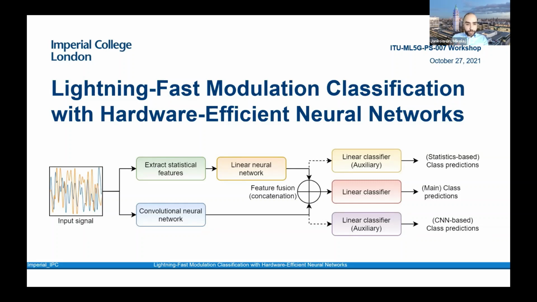Outputs from both branches are then concatenated into a single vector and processed by a fully connected classifier head to produce the final predictions. In order to optimize gradient flow within each of the branches, we introduce two auxiliary classifiers, each of which considers only the output from one of the branches. The auxiliary classifiers are only used during the training phase and are removed during the evaluation. This network structure allows us to improve upon the baseline accuracy by 2%, which gave us a better starting point for our pruning scheme that I will discuss in the next slides.